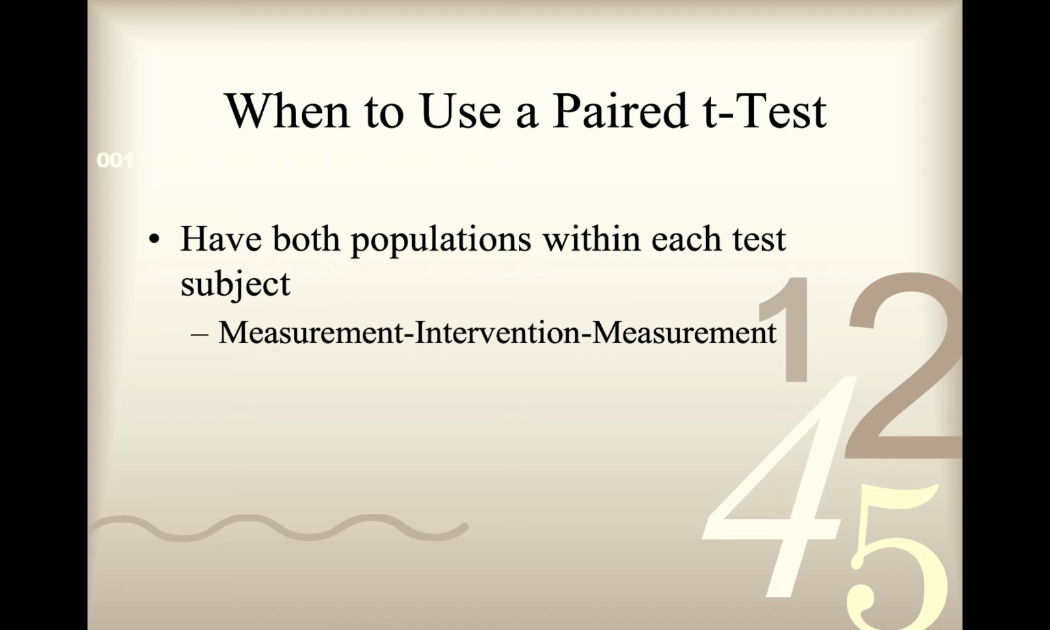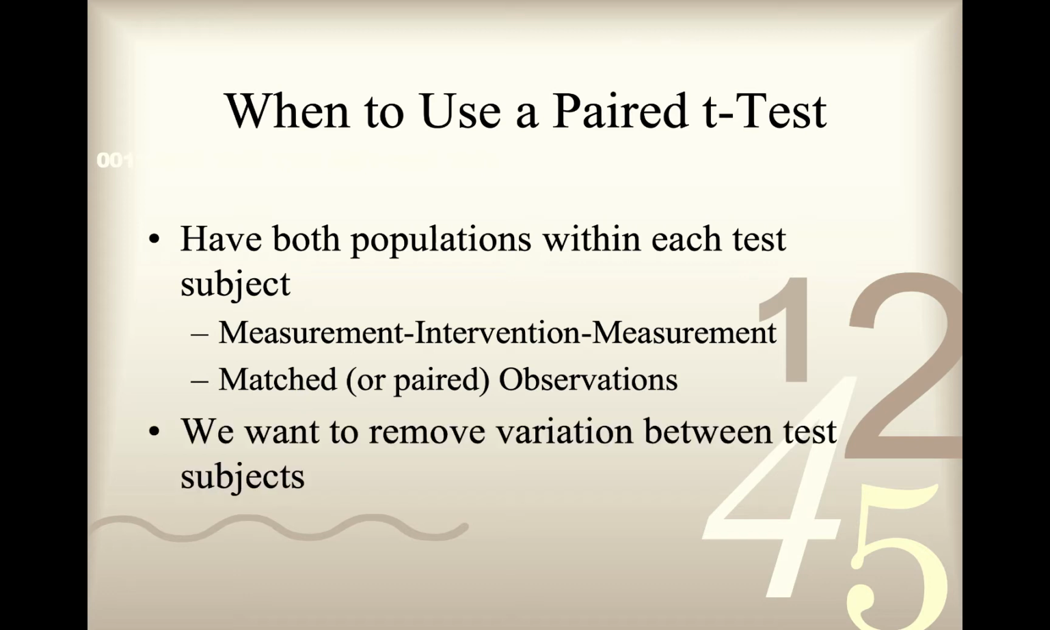And so we would have this pre and post measure to see the effect of the intervention. All right. Another example would be matched or paired observations, which is what we saw with the Nike and Adidas example, that the observations were matched or paired by the person. All right, but the biggest reason to use a paired t would be we want to remove variation between test